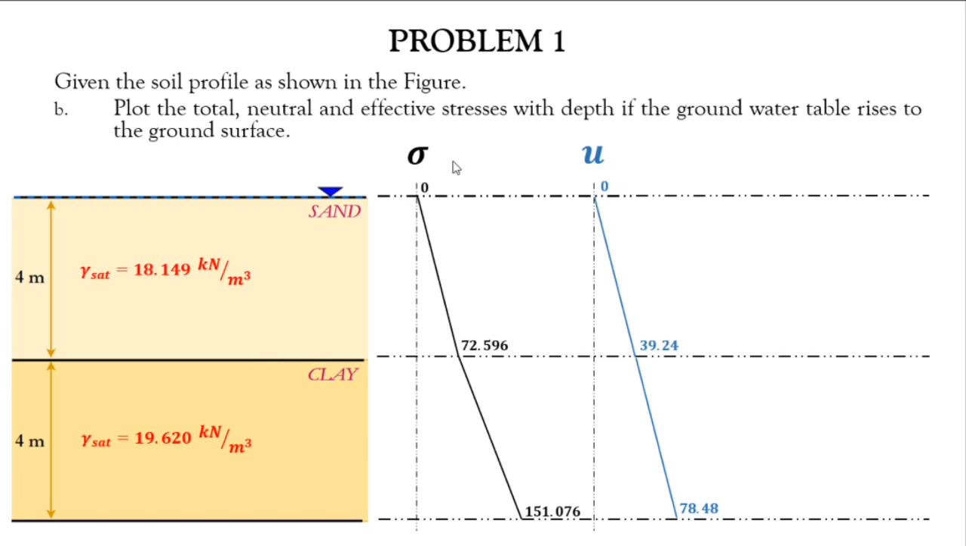So, kompleto na yung ating total stress and pore water pressure. Kunin na natin yung difference para sa effective stress. So, 0 minus 0 is 0. 72.596 minus 39.24 will give us a value of 33.356. And then, at the bottom of the soil, we have 151.076 minus 78.48 will give us